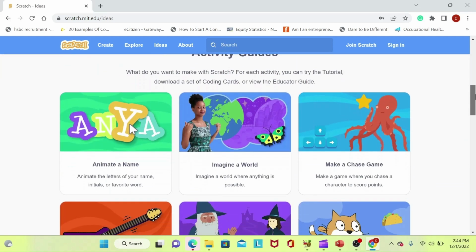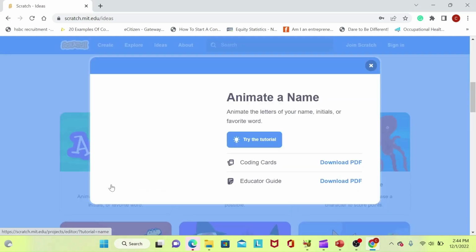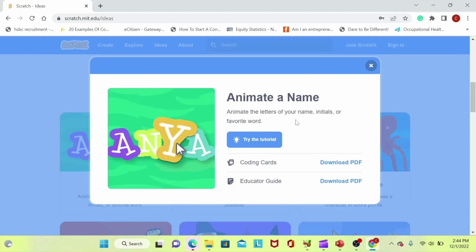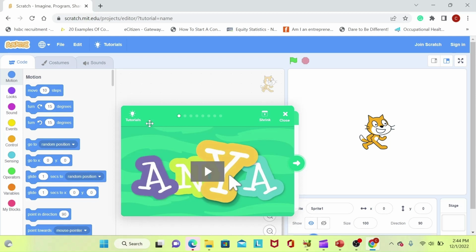A good example is the first project here, which is animate a name. If you click on that project, it will give you different materials, and one of them is coding cards. You can also see the educator guide, and the one with a light bulb, which is try the tutorial. If I click on try the tutorial, it takes me to the project